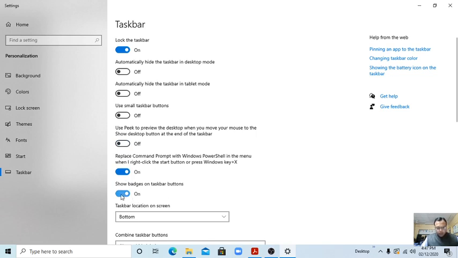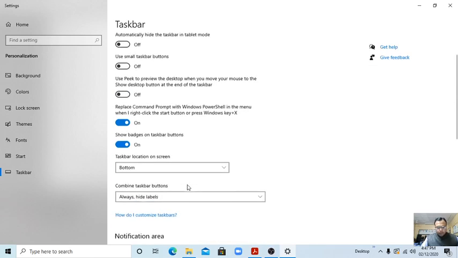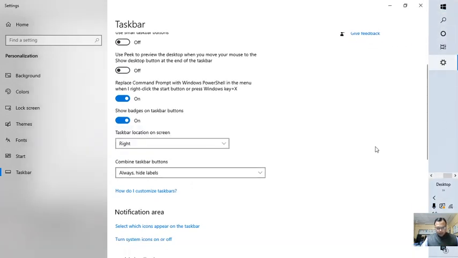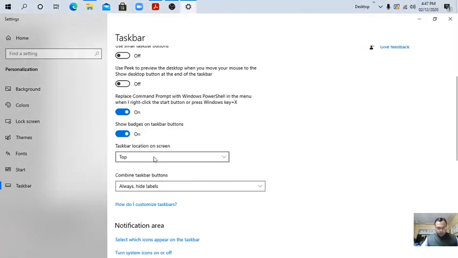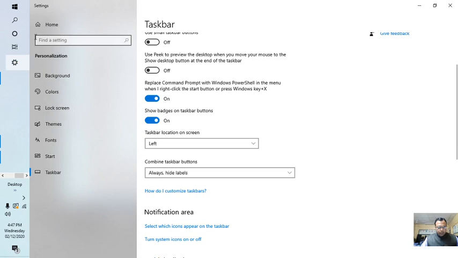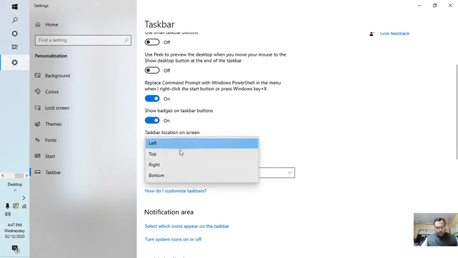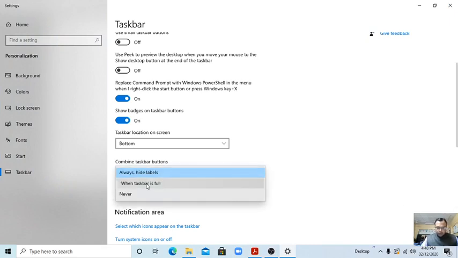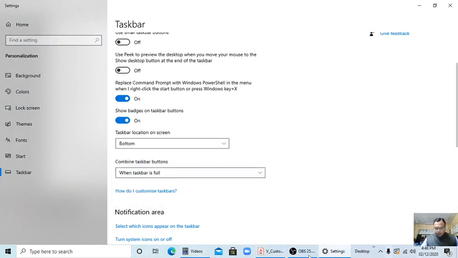Use badges on taskbar buttons. And bottom, right, okay, it will be right. If you choose top, it will be top, students. If you choose left, it will come on the left. If you choose bottom, it will come on the bottom. Okay students, always hide labels, when the taskbar is full, so we have full this.